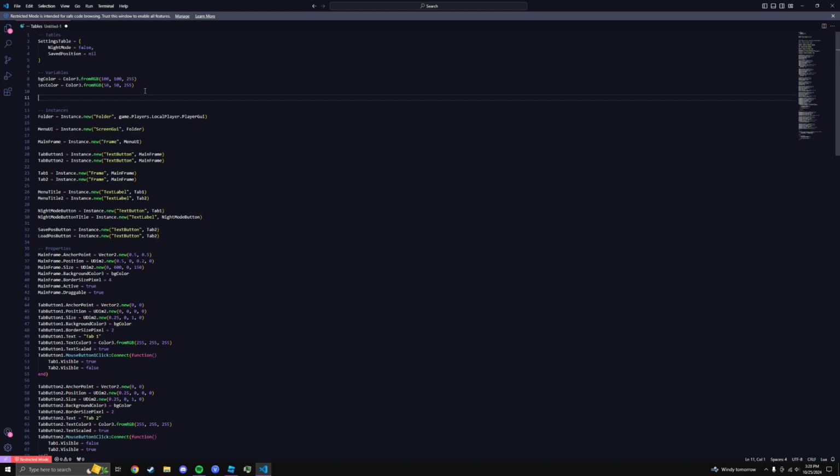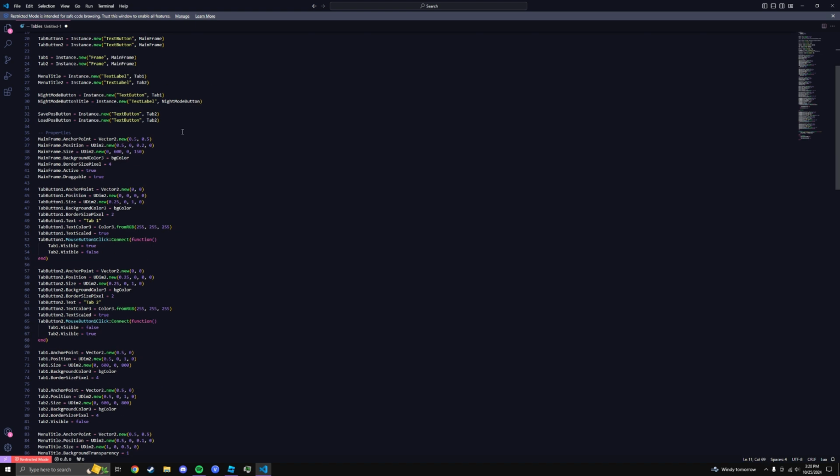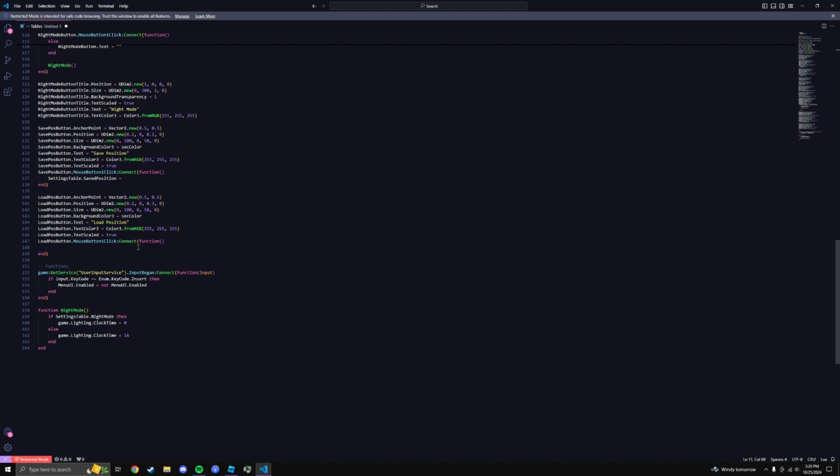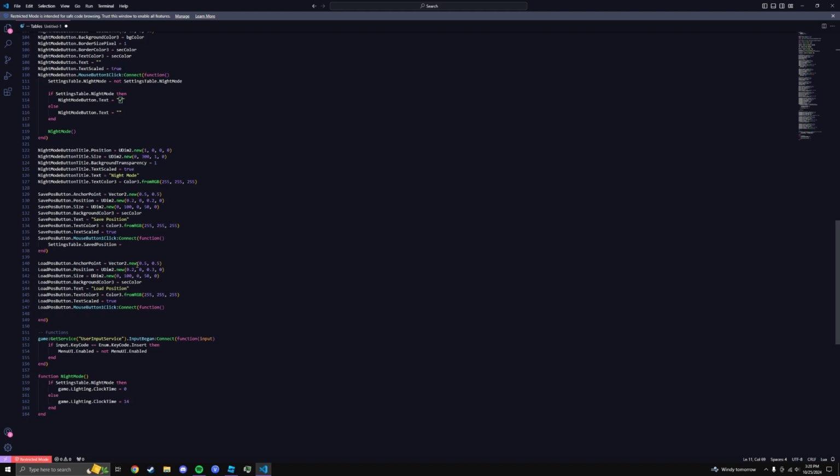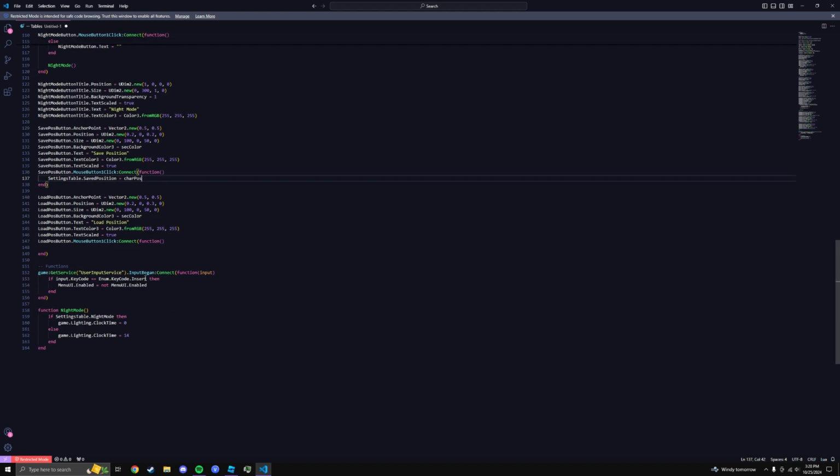Variable charPos equals... and then down here, where were we? On this charPos, and then down here we say charPos equals settingsTable.SavedPosition. So to explain what we're doing here, again, when this save pos button is clicked, we want